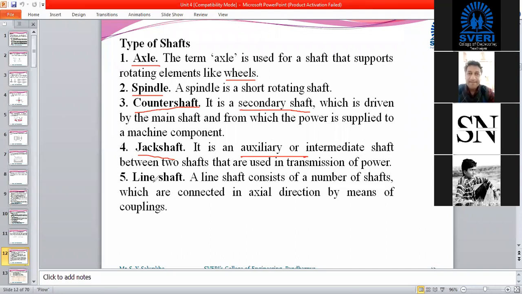Then line shafts consist of a number of shafts connected in the axial direction by means of couplings. Such shafts are used in gang drives, which are very rare to see nowadays. If power has to be transmitted over a sufficiently long distance by shaft only, as in a spinning mill application, line shafts are used. These are some types of shafts.